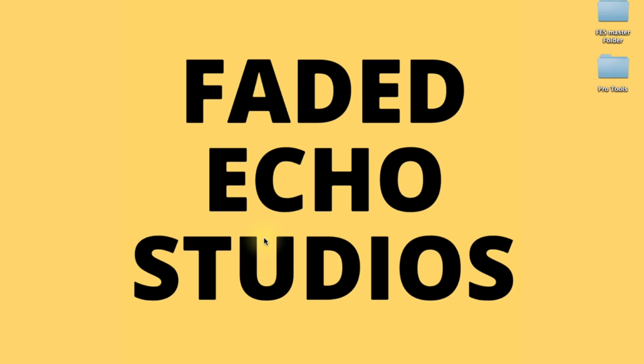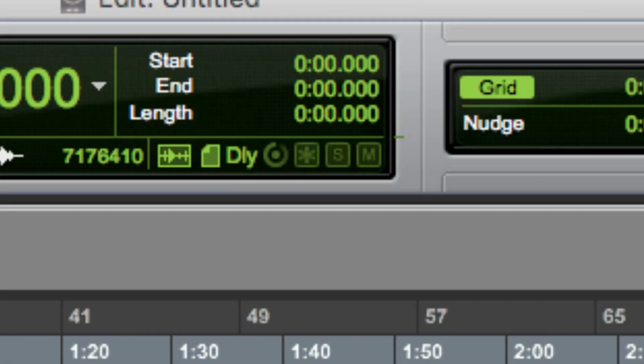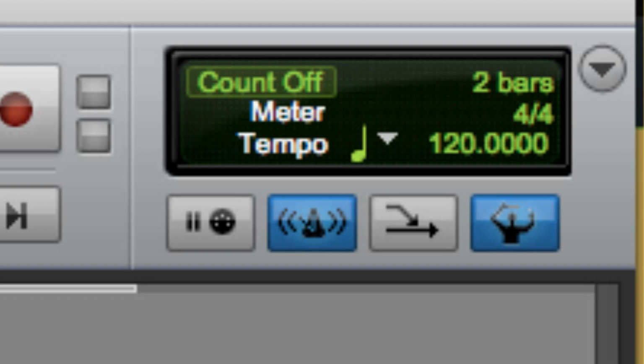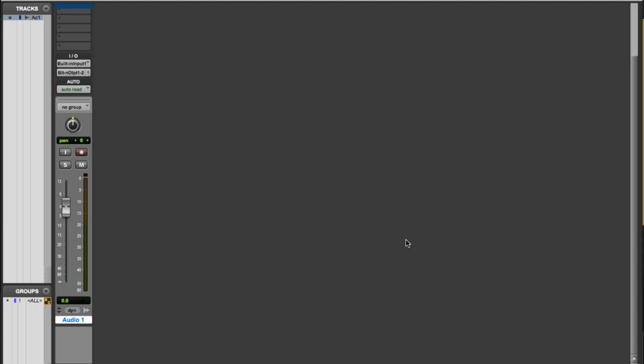In this video, we have learned about Pro Tools tools and modes. To be clear with the tools and modes of Pro Tools, I'm going to keep this subject on hold. In the next video, we are going to learn about main counter, grid nudge values, transport window, MIDI controller window. Also, we will learn about the edit window and mix window of Pro Tools.